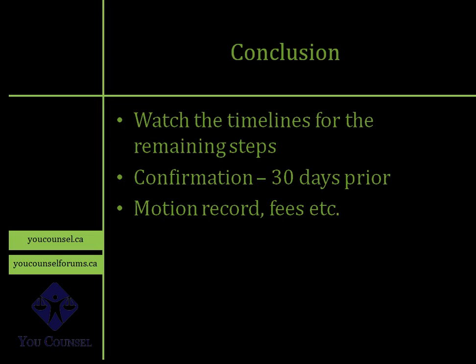Oh, one point quickly with respect to the urgent matters. So let's say if you have an urgent matter, and as I said, if you have to requisition a C.P.C, you will get 2 or 3 months ahead of time. So your matter is urgent. So essentially what you can do is, one way is that you just prepare your requisition form and then show up in the morning at C.P.C court and then ask to be heard by the judge on an urgent basis, and the judge will accommodate you.